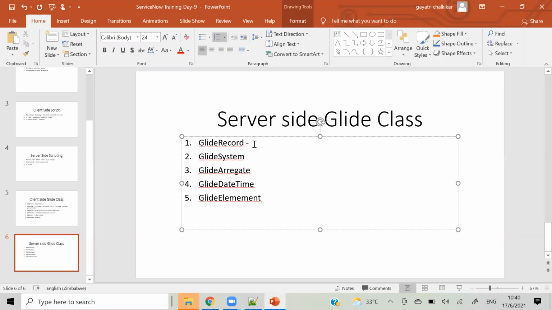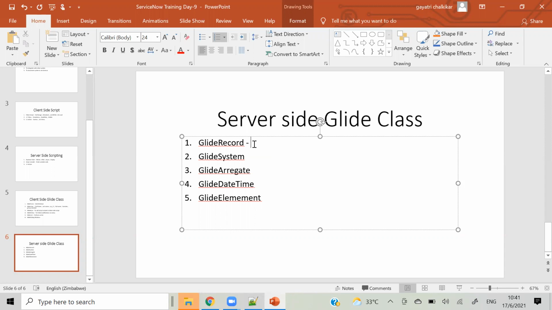Just an overview. In ServiceNow also we have a database, but we don't perform any action on our database because that is inbuilt in ServiceNow, right? But we have to fetch records, do some filtering, and write code to insert, delete, update, and even query.